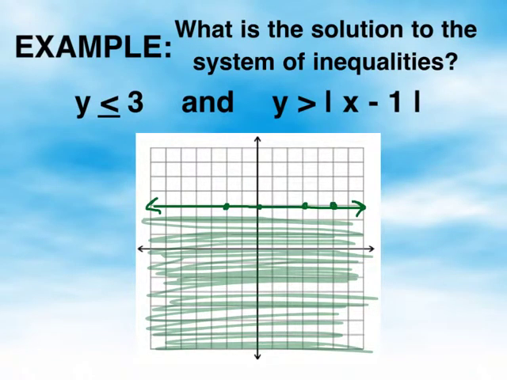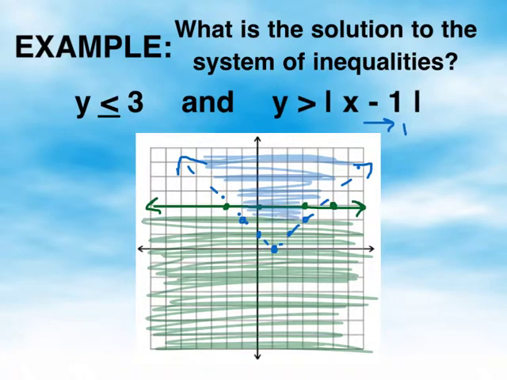Next, we'll move on to our absolute value graph. The -1 on the inside will move our graph 1 to the right. So our vertex starts at 0, 0, but we will move 1 to the right. Our slope is 1, so we'll go up 1 and right 1, up 1 and right 1, and then mirror that: up 1 and left 1, up 1 and left 1. It's greater than, so we will have a dotted line, or a dashed line if you prefer. And it says greater than, so we will shade above